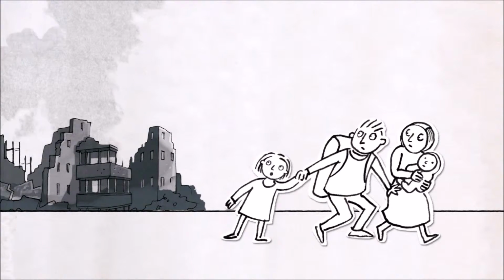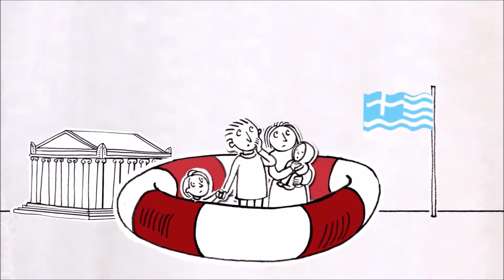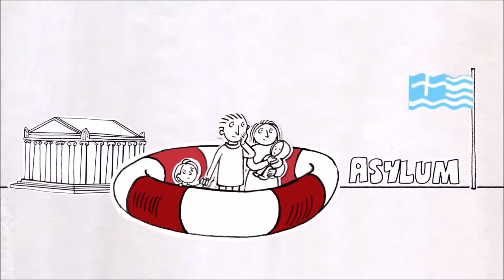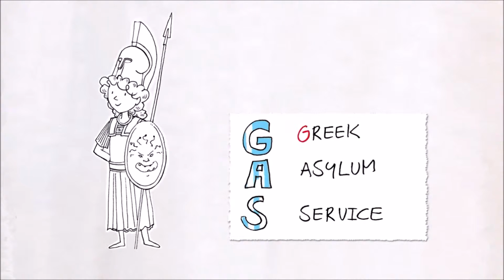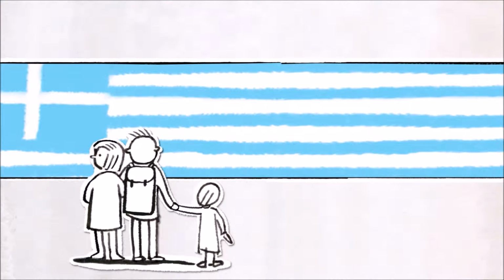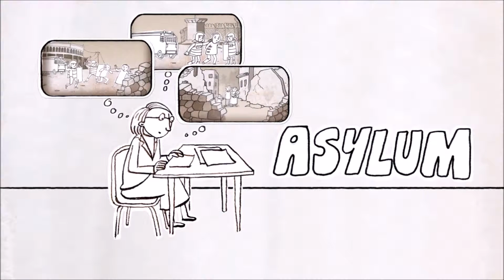If you have left your home country due to war or persecution and are in Greece, you have the right to ask for asylum. To make use of this right, you have to apply for asylum at the Greek Asylum Service. Asylum is only granted under certain conditions. The Greek Asylum Service examines whether your application fulfills these conditions. You will only be given asylum if the Greek Asylum Service believes that you left your country because of war